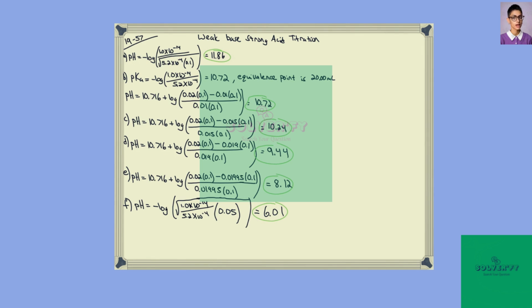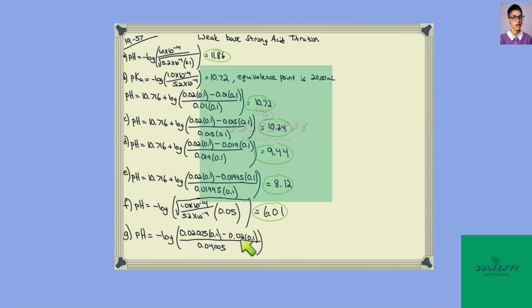Then going to part G, we are post-equivalents. If we are post-equivalents, we have excess strong acid, because the strong acid is our titrant. To calculate the pH, we simply need to figure out the excess strong acid concentration, which we can determine by first calculating the excess strong acid moles. These are the total moles of strong acid we have added at 20.05 milliliters, or 0.02005 liters, 0.1 molar. We'll subtract off the moles of the strong acid that reacted,